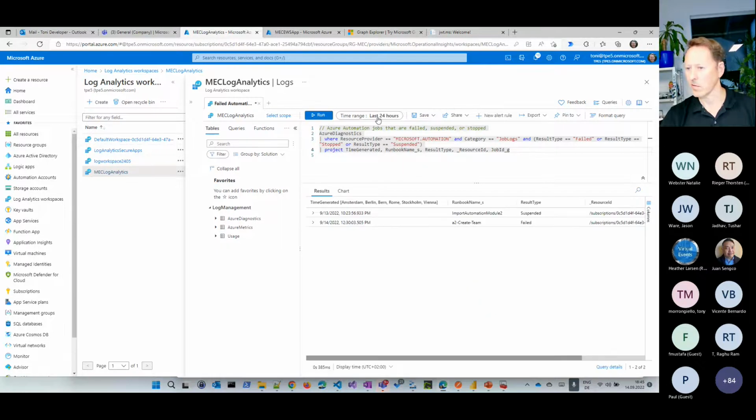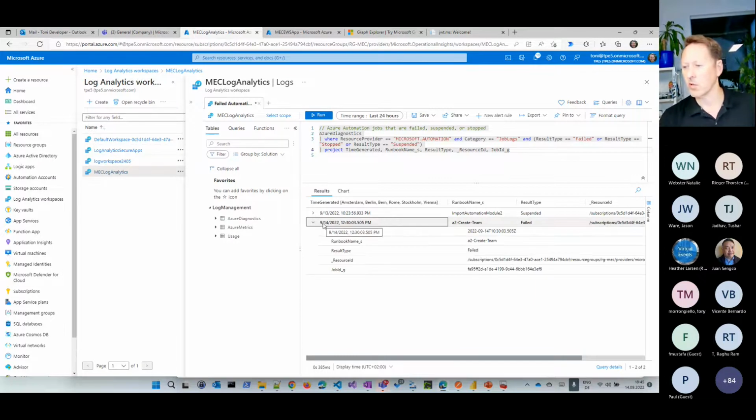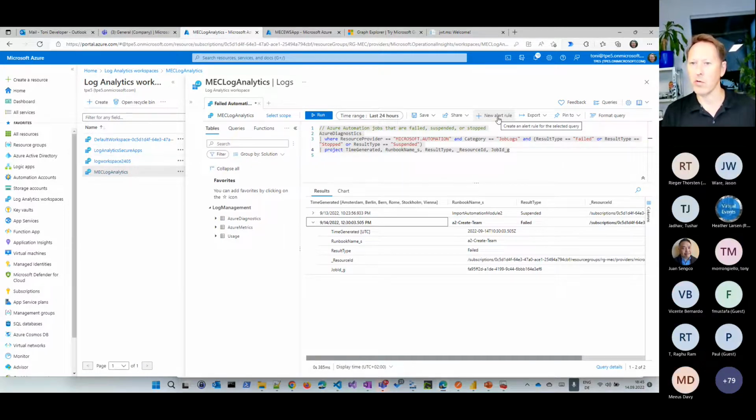So let's run this for the last 24 hours, and you can see there are two scripts here that failed. Now I can see the runbook name, like create a new team, failed at a specific time, and then I can dive deeper into that. The benefit, just to point out quickly, is you can add an alert rule for that and say, I want to get a notification if this job fails. Then, for example, you can send an email, or post a message with a Logic app to a Teams channel, and so on. That's very useful to keep track of your business processes you implement with Azure Logic apps or with automation accounts with PowerShell scripts.